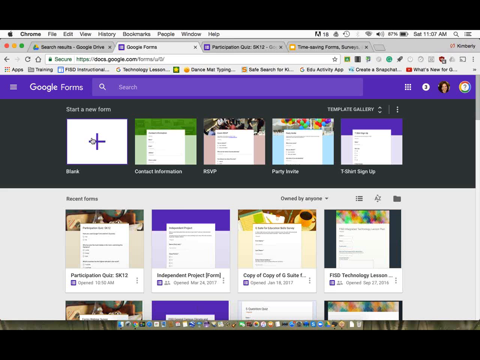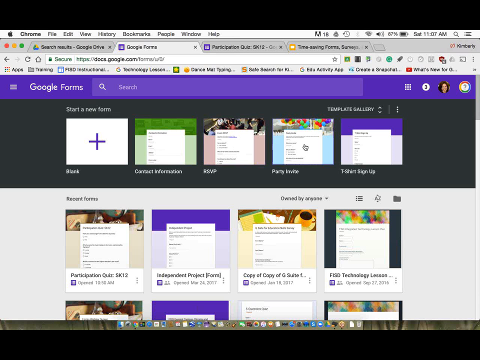And you'll see up here at the top that you can start a new blank form, which is usually where I start, but they do have templates that you can start from, and that also gives you ideas of ways to use Google Forms as well. So here's one for contact information. Maybe even on a parent night or at the beginning of a school year, if you have some Chromebooks or laptops or iPads set up, you could have a Google form there to quickly collect student and parent information,